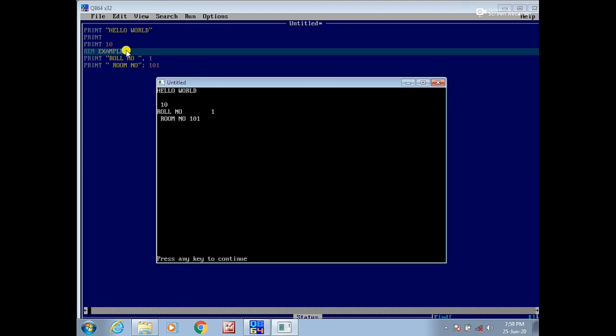Okay, now hello world, then next line a blank line, then 10, then roll number, which uses a space like a tab key, and room number, which is like a one space bar key. But one thing: REM example, we are seeing this example in the QB64 code platform, but in the output it will not appear, because REM is a non-executable statement. Okay.